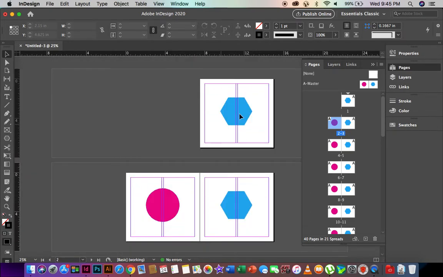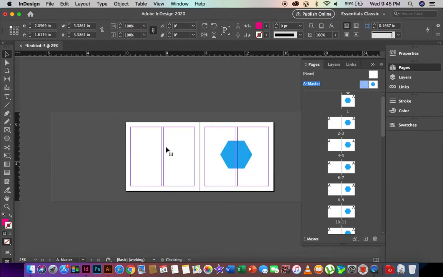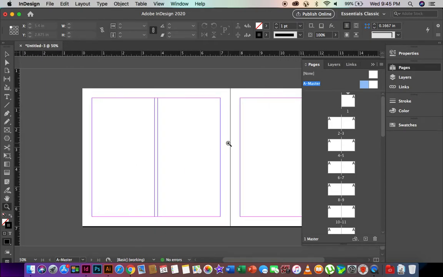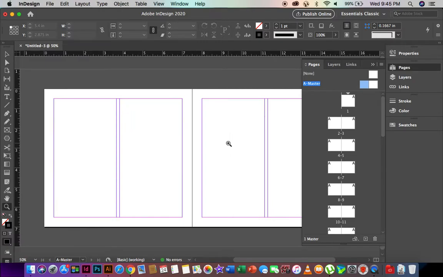So why is this important in publication design, right? Not to do a design like this, but for example, if you have your own format of a magazine or a newspaper, then it is easier for you to assign those formats to all the pages that you have throughout the issue of newspaper or magazine or even books. So for example,